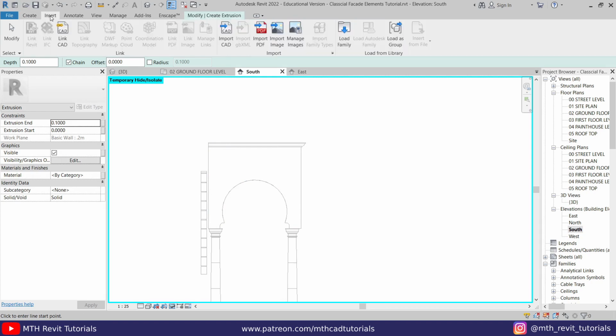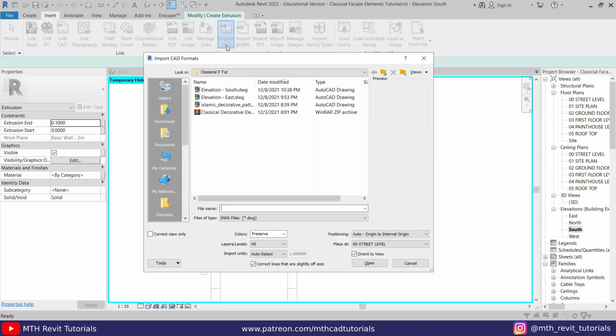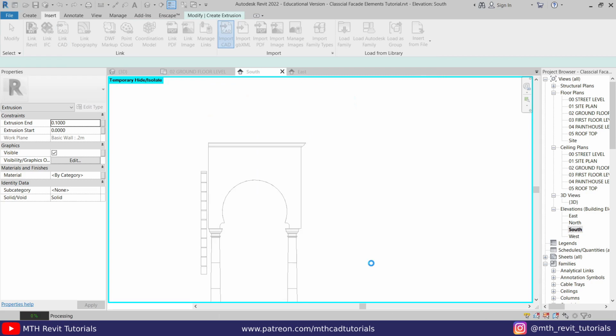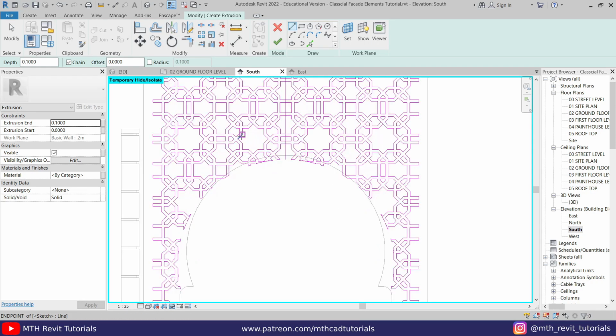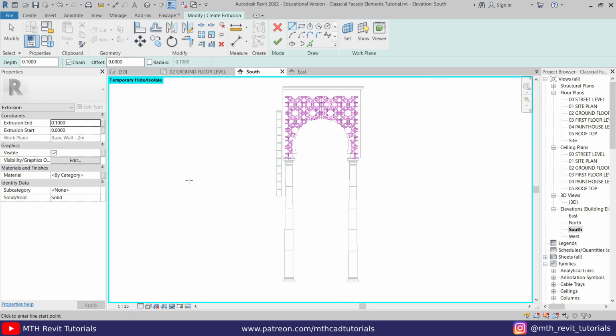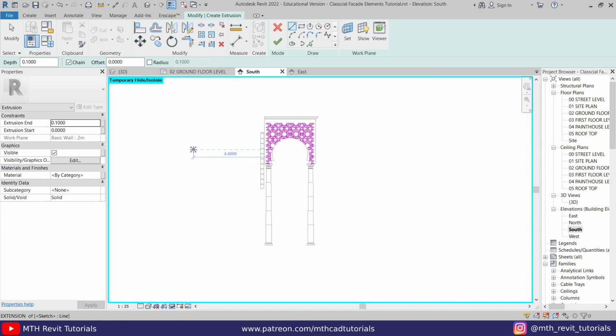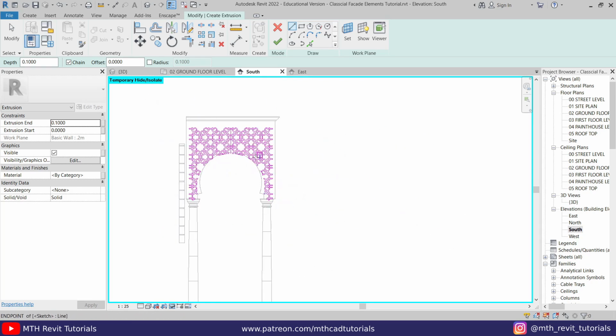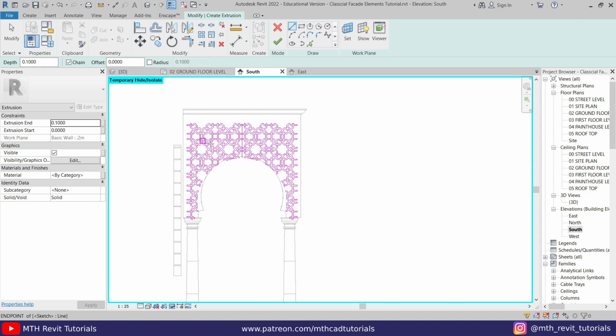So let's go to insert, import CAD. Here we have the file. Just change the positioning to center and click open. So our pattern is now loaded here, but if you cannot see this pattern, you can just press ZA to zoom all and you will find this pattern somewhere on your screen. For now I have found it exactly on this